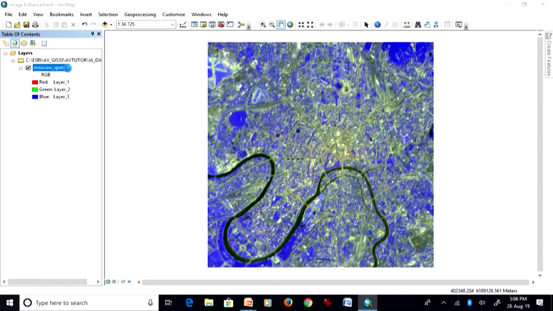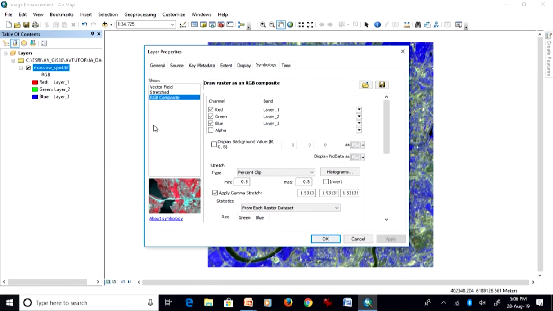So when you double click here, or in any other software, the purpose here is to understand how false color composites are made. The purpose is not how false color composites are made or handled in ArcGIS. I am in no way advertising any commercial software, but in order to demonstrate things we have to use some software, and therefore I am using this software.